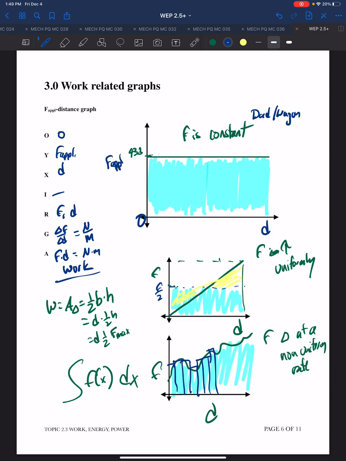And so these are the work-related graphs, and the most important thing here, of course, is that the area of a force distance graph gives us the work done on the object. In our next installment, 4.0, we are going to be introduced to the concept of power, which is the rate of change